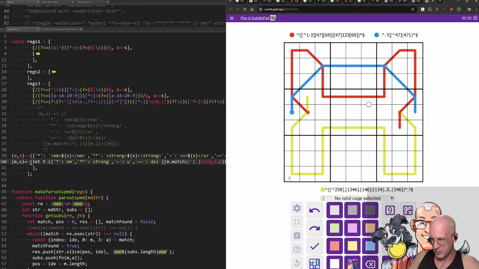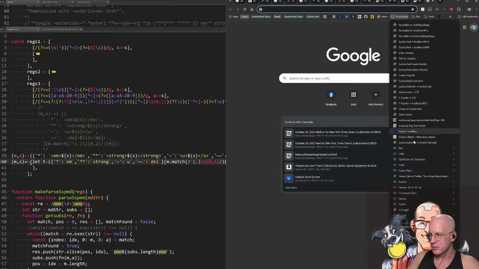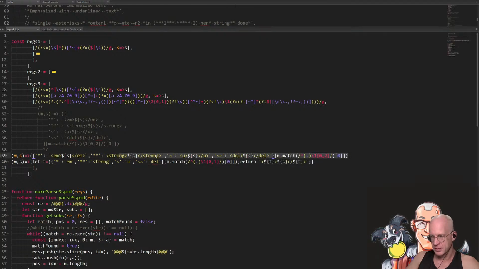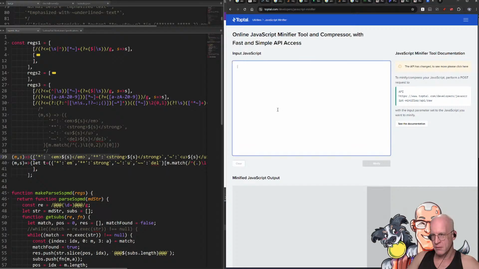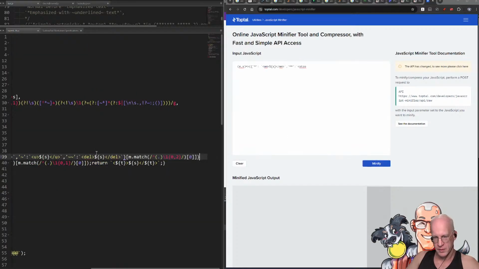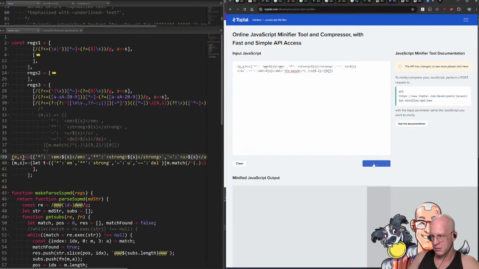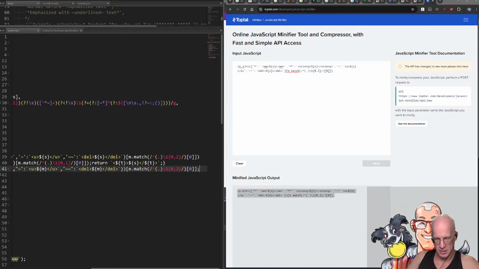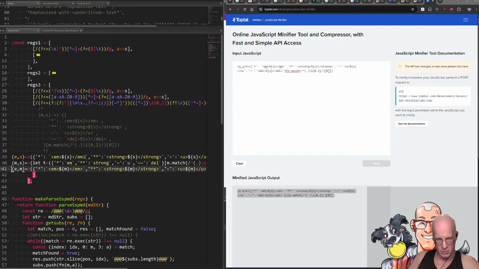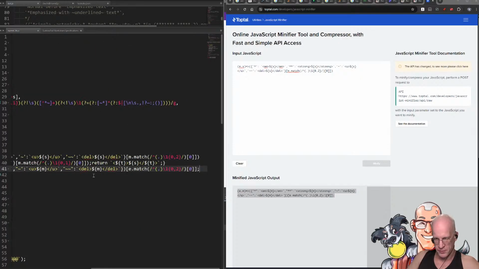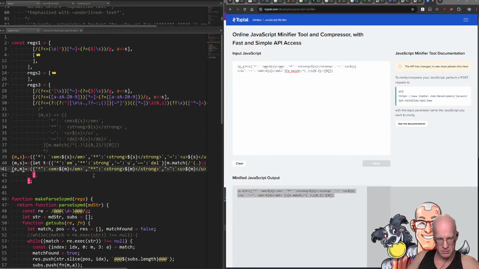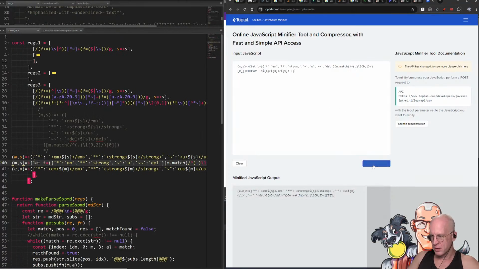Let's see if our minifier disagrees with my manual minification here. So if I take this, put it in here, minify it, it turns into this. Is this significantly smaller? No, it gets rid of one bracket somehow, and it relabels some of them. Okay. And if we minify this,